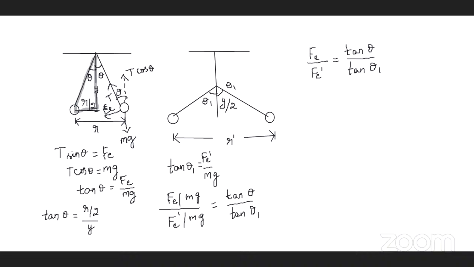Okay. Similarly here, you can take this right angle triangle now. Here you will be having r prime by 2 as the opposite side. Okay, r prime by 2 as the opposite side here in this right angle triangle. So here we can write tan theta 1 is equal to r prime by 2 whole divided by